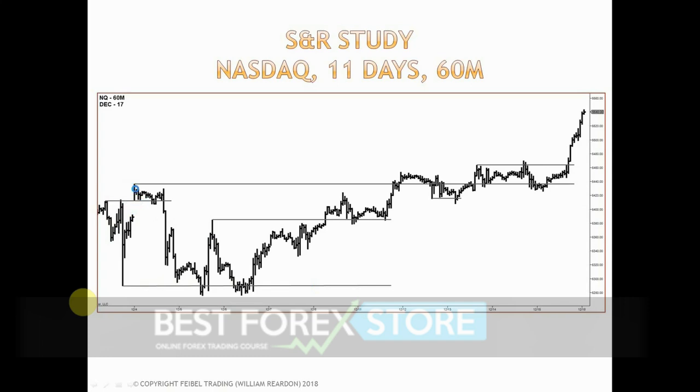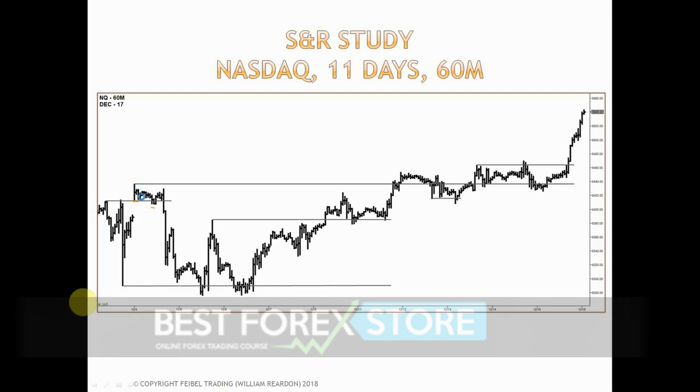Now, as we react, come down and we break this little bit of support, I would draw resistance from the highs of this bar. Why would I draw resistance here? Well, we have a whole day's worth of trading. This is a 60-minute time frame. We've got all this price action here and we're unable to break the highs. In addition, we're making lows. We're breaking the low of our initial